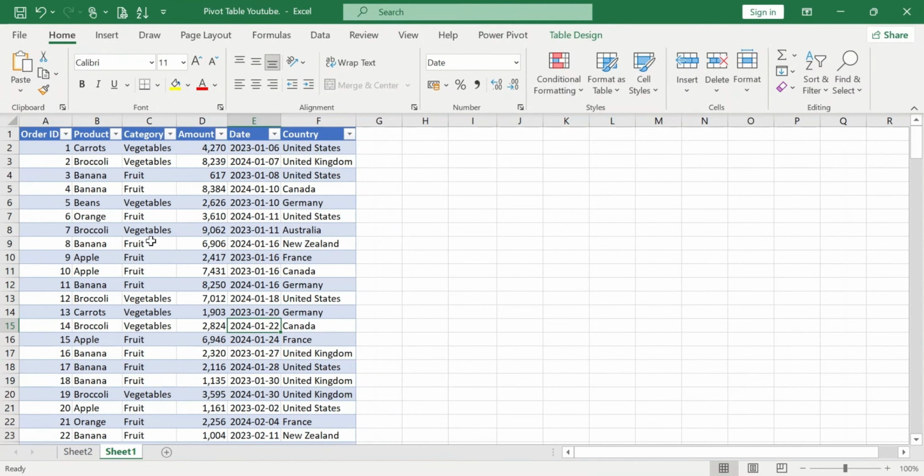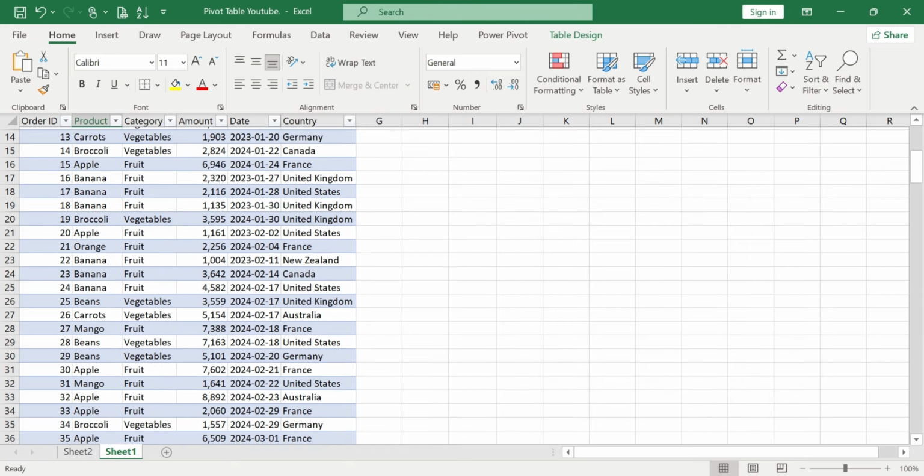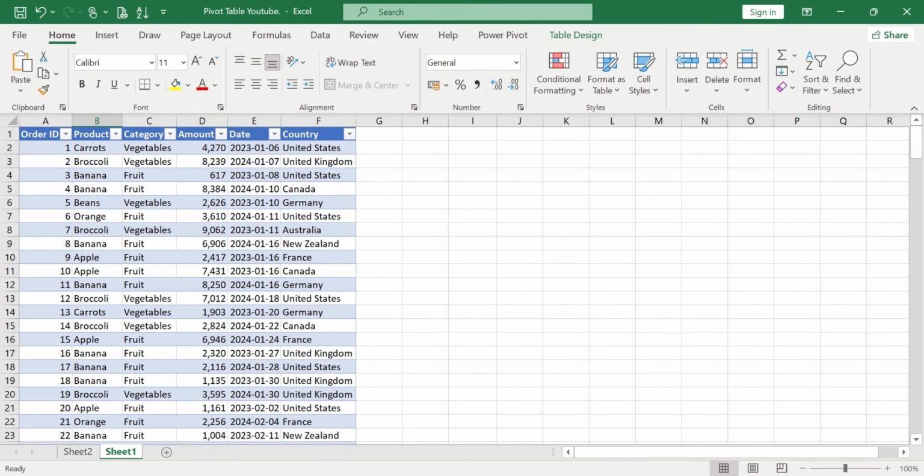Hello. At this point, I would want us to check on the count of products. So we are interested in the count of products. To obtain the count of products, let's say, for example, you can check that we have carrots here. We also have carrots there. We also have carrots somewhere down here. You can check carrots here. And we also have carrots there. So assuming that we would like to obtain the count, that is, how many products called carrots do we actually